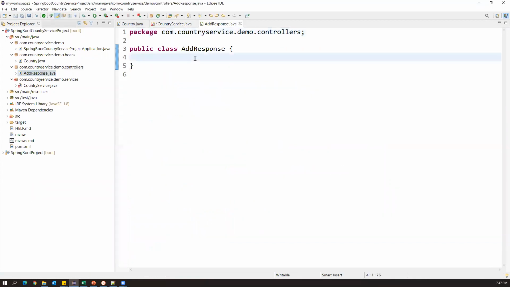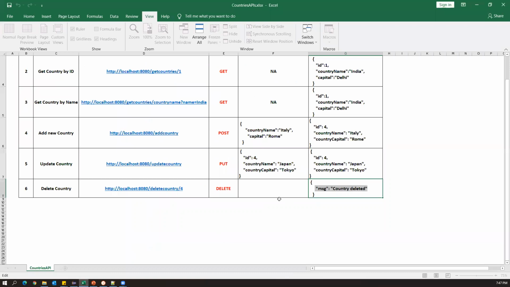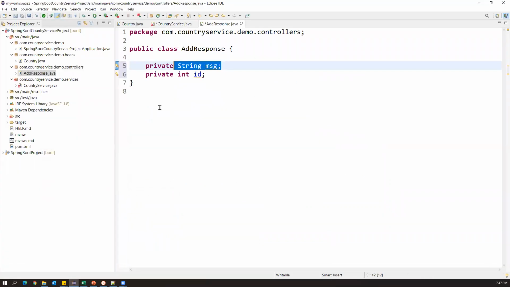I will add only two variables here. One is string message and the other is ID, because along with the message I also want to populate the ID. Which record is deleted, that ID of the country I want to populate here. So I'm taking two variables, message and ID.